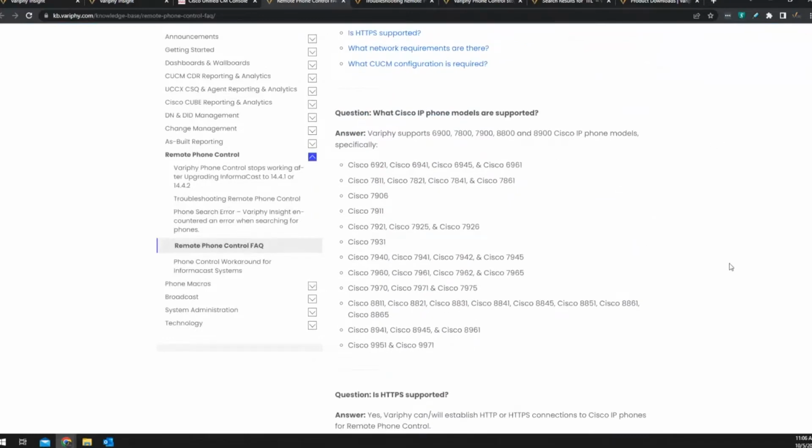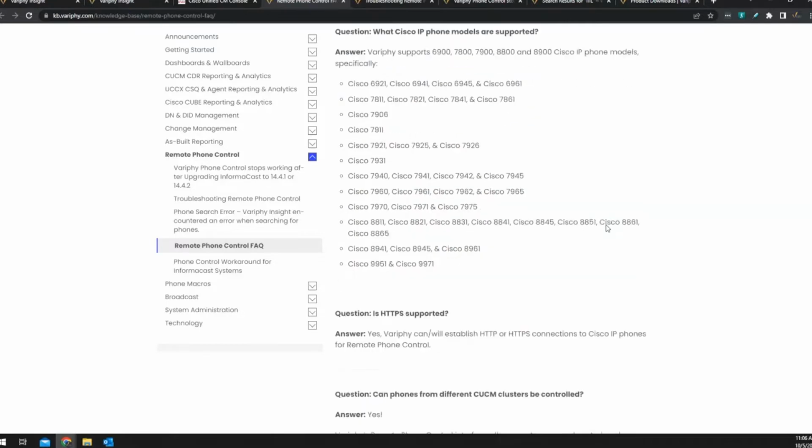There are certain models we don't support, like the video phones. I can't remember what the exact model number is, the something 650s or something. Those are certain conference room phones that don't have any screens. Those kinds of phones are not compatible for one reason or another. Either the firmware doesn't support it, or the image quality is so high that trying to fetch a screenshot from it is really difficult to do in real time. But all the standard models that most of your users are going to be using are compatible, and they're all listed here.